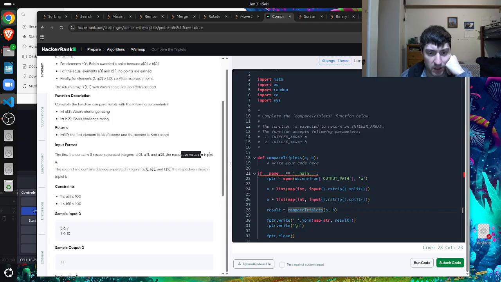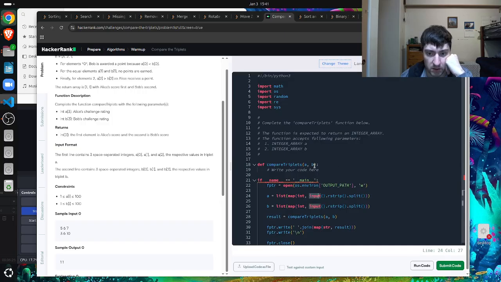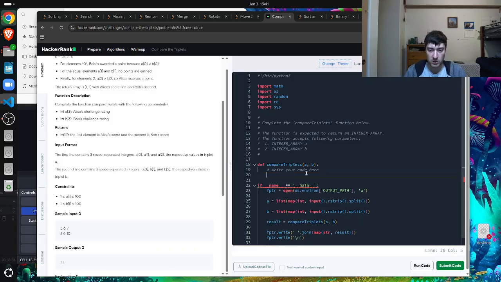The respective values in triplet a, okay? The second line contains 3 space separated integers. So I think it's just talking about the input here, not the input that is given in a and b as the function. Okay, so